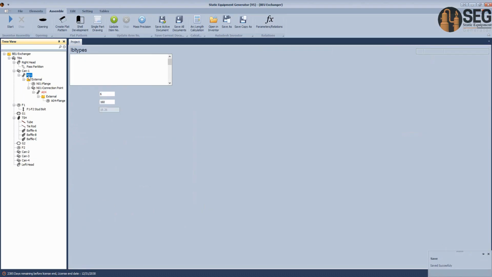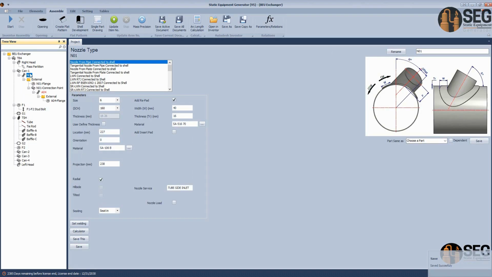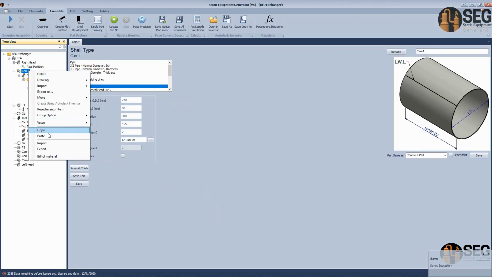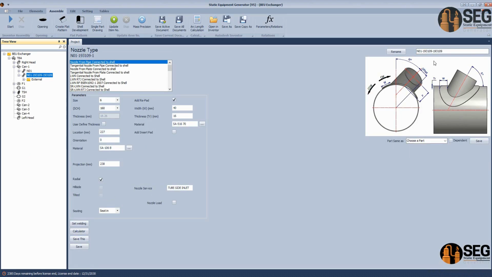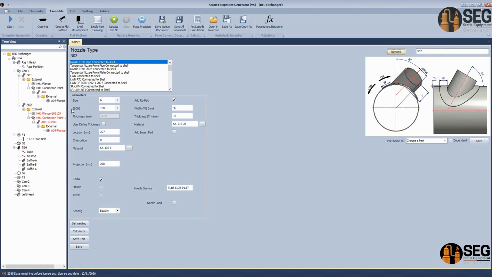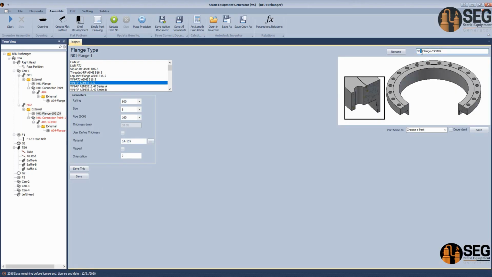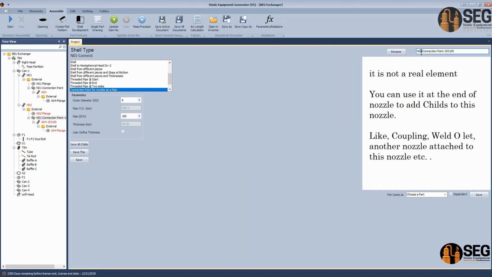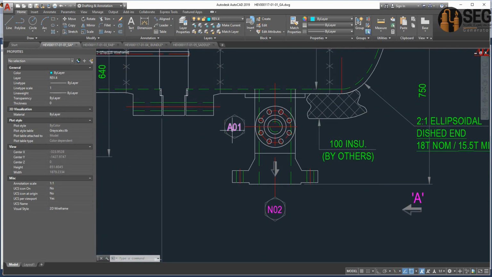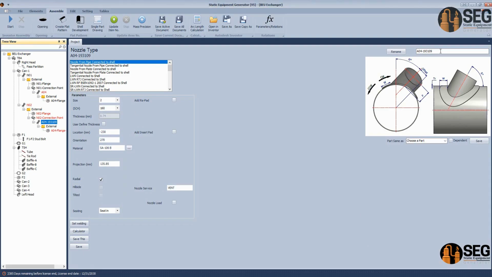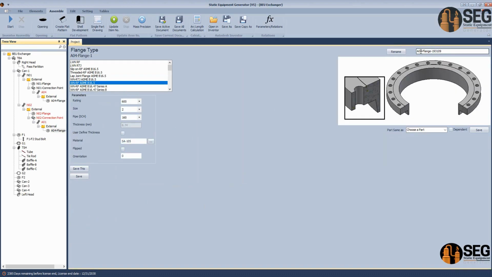Now let's take a copy from nozzle N01 with all attachments and make nozzle N02. So from here, let's take a copy and click on paste. And now we have a new nozzle, this nozzle. So it's N02 and click rename. And from here, let's rename the flange N02 flange. Click rename, and for the connection point N02 connection point and click on rename, and for nozzle N4 it's nozzle A01 not E04, so it will be A01 and click on save, and for the flange it will be A01